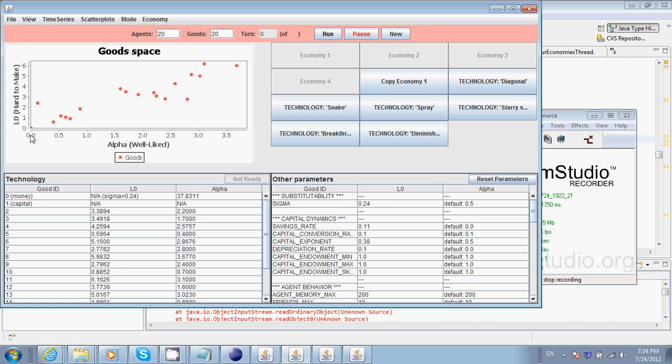L0, this is how hard goods are to make. Alpha, well-liked, that's how well-liked they are, and that also affects how useful they are in making capital. So those are correlated in this model. And each red point represents one good. And you notice that the way these points are distributed, the goods that are harder to make are also better liked. And that's partly why we saw that huge growth takeoff,